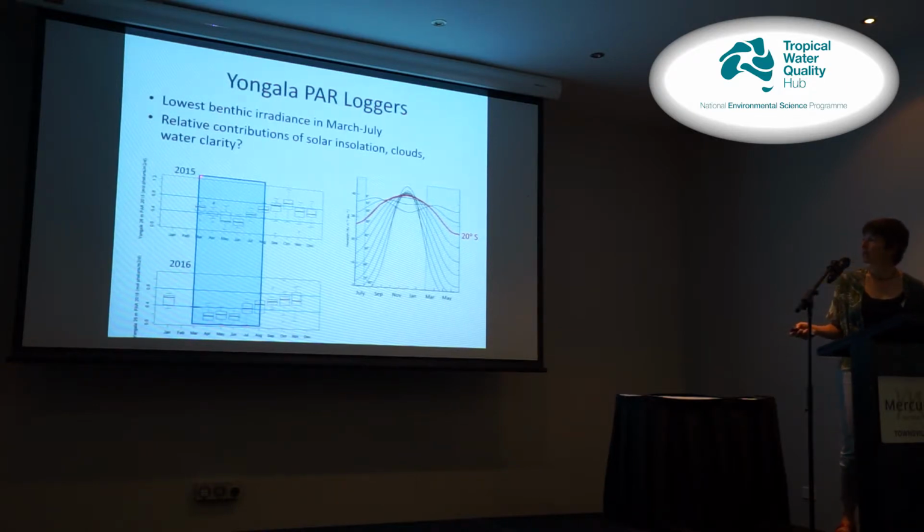So at Yongala in particular, lowest irradiance tends to be in March to July. Why is that? This is not only a day length factor, but it must be properties of the water column and cloudiness. And we're in the process of pulling apart what determines the low light at these critical months and the relative contributions of those factors. So they very much match the runoff of the Burdekin River, which tends to peak in these months, and they also match the remote sensing photic depth data we've seen in the past,